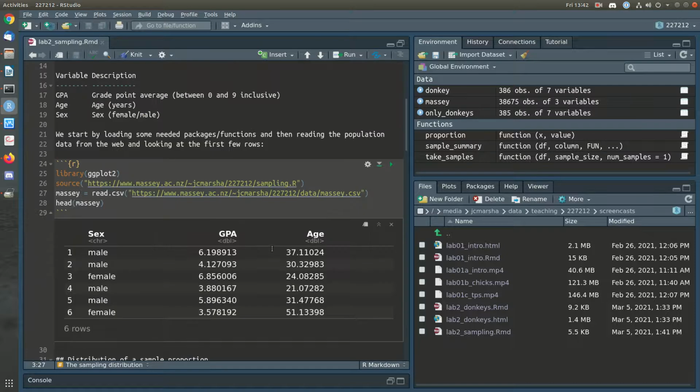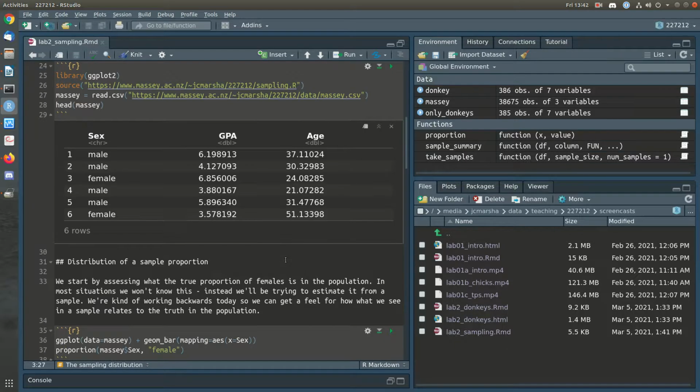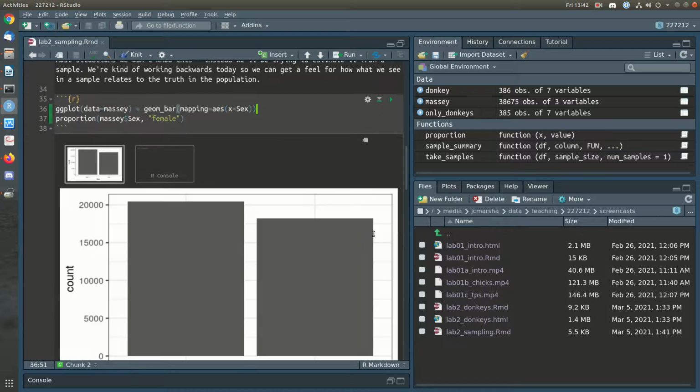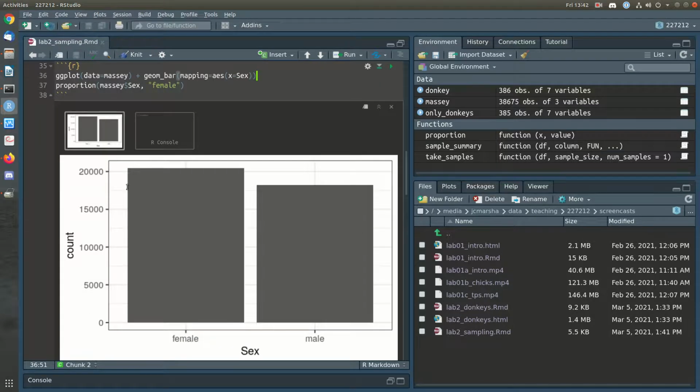Okay, so we've got a population here. Our Massey data set is 38,675 observations. So we've got 38,675 students. So we're going to start by having a look at the entire data by doing a bar chart by sex. Okay. So you can see here that in the total data we've got just over 20,000 females and closer to about 18,000 males. So there are a higher proportion of females than males,